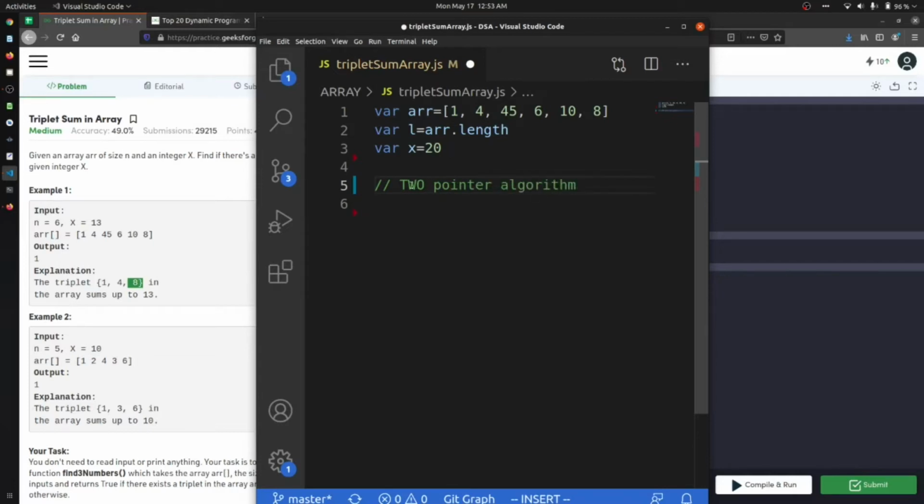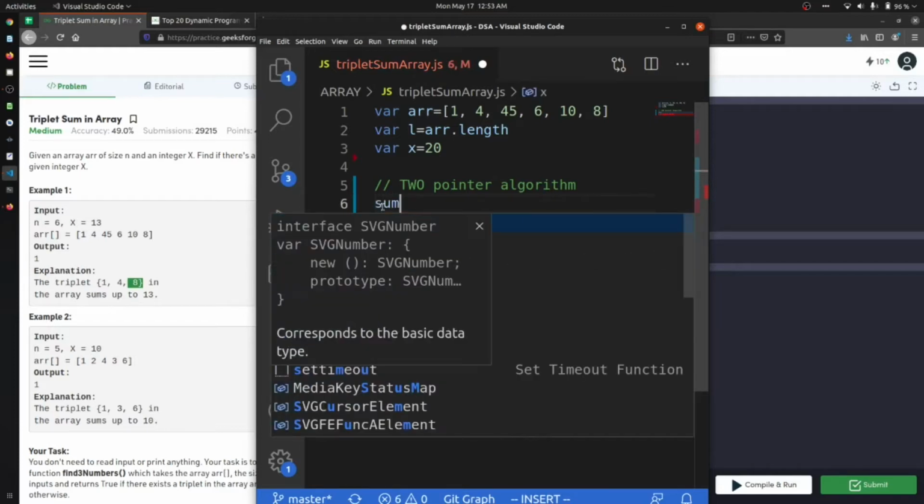If you know this algorithm, this question will be very easy for you to solve. What the two finger or two pointer algorithm says is, let's say I have this array which has 1, 4, 45, 6, 10 and 8, and I have to find a sum.